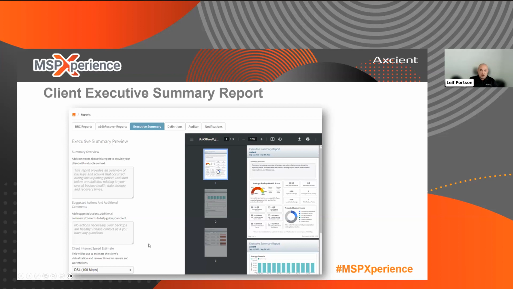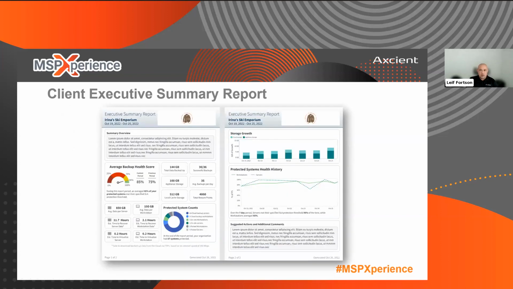There will be a section on there where you can actually select an estimated internet speed, and you'll see this as we go over to the next slide. So this is pages 1 and 2 of what the executive summary report would look like. This will be available to partners in the near future, probably by the end of this month. It could be next week or the following week, where you'll be able to download and start using these